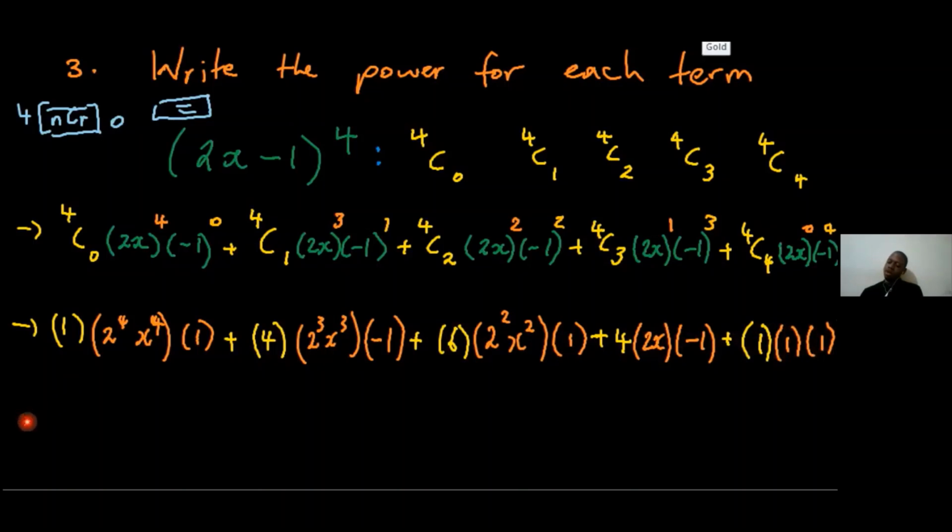And so the final step now is just to work out each of these to get the actual values. So 2 to the 4 is 16. 1 times 16 is 16. 1 times 16 is 16. So that's just 16x to the 4. Here now, we have 2 to the power 3 is 8. 4 times 8 is 32. And 32 times negative 1 is negative 32. So that's negative 32x cubed plus,